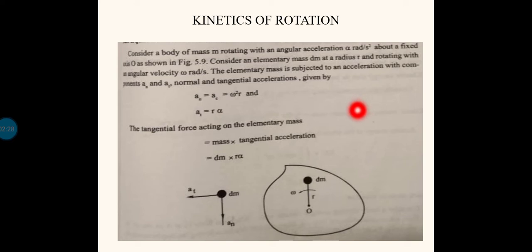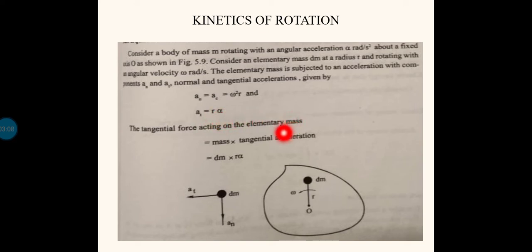So anyway, we have two components of acceleration. One is acting along the tangential direction, tangent to the circle of rotation, and the other one is along the normal to that tangent, which always passes through the center of rotation. So we have two components, an and at. An is given by omega square r. That also we have seen in the previous presentation. We won't be using this equation commonly, but this next one is a very important equation. The tangential component of acceleration is given by r into alpha. This equation we derived in part 1, I think. So at, the tangential component of acceleration, is equal to r into alpha, where r is the radius and alpha is the angular acceleration.